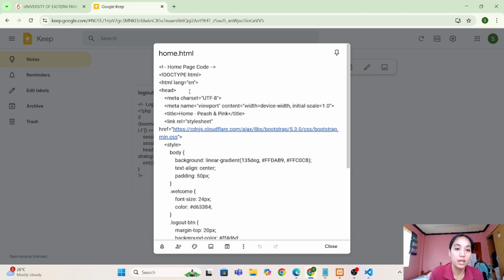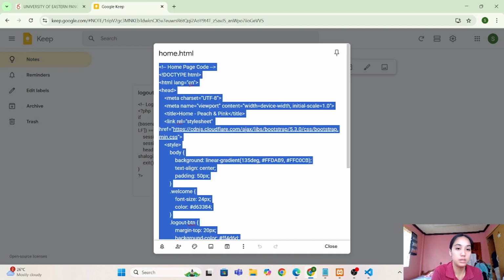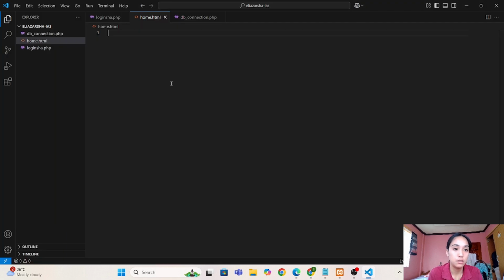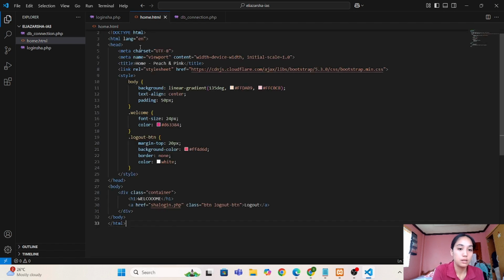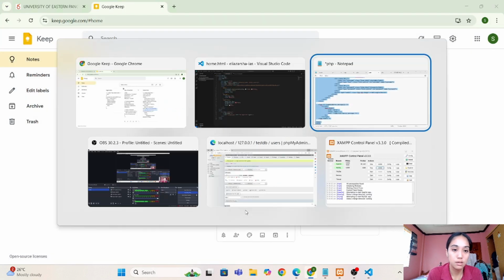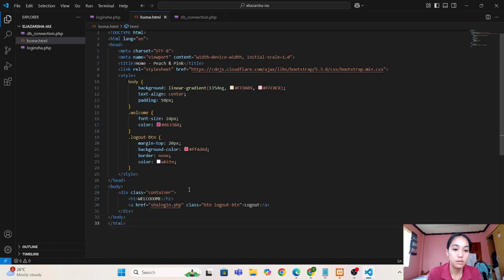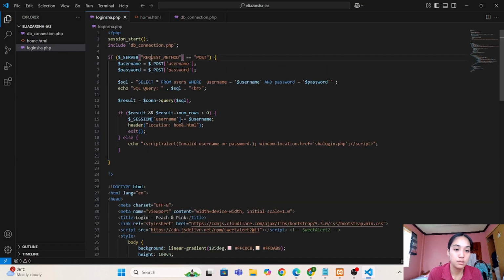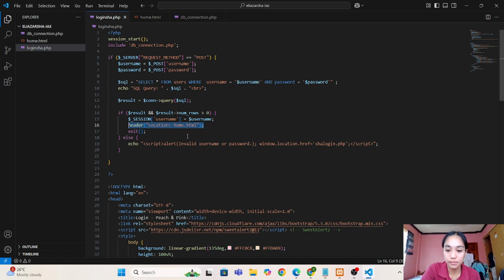I've already created my HTML code. And here, the header location, which is home.html, sends the user to the home page after a successful login.